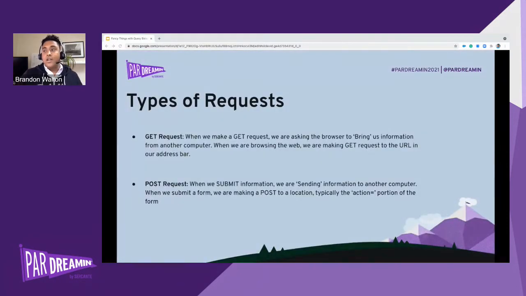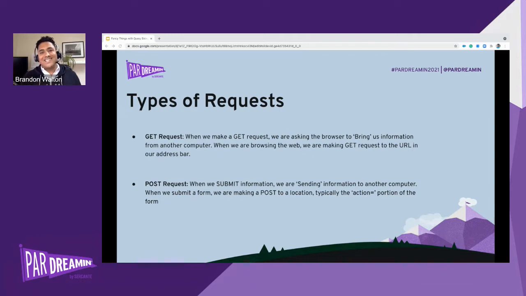One of the things that you'll want to know is there's two types of requests that we're going to cover today, the two most basic flavors of request, and that is a GET request. So when you go to a browser and you type in docs.google.com/presentation or whatever, that's actually a GET request. What your web browser is doing is saying, okay, get me the information that lives at this location. That's called a GET request. You're going to google.com, you're asking a question, you're saying, get me information on Seahawks tickets, get me information on Pardot, get me information on the World Series.